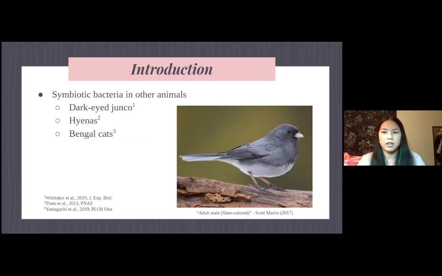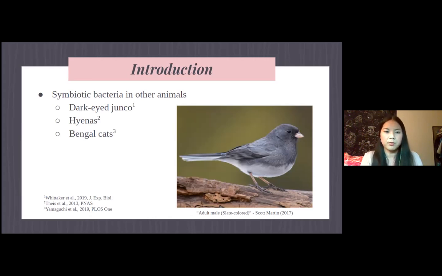And then lastly, just kind of informing our hypothesis that salamanders may be communicating in other ways outside of pheromones, is that this has been shown in a lot of other species: symbiotic bacteria are creating volatile compounds that help the other animals communicate. So of course, one of the big ones is the dark-eyed junco, which Dr. Whitaker has been working very closely on. They found that the preen oil of the juncos has bacteria that produce compounds that the birds are using as